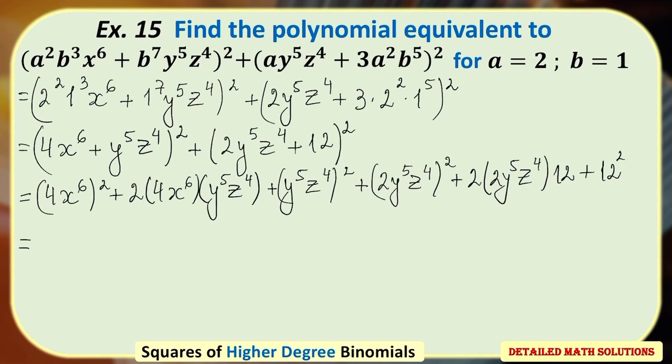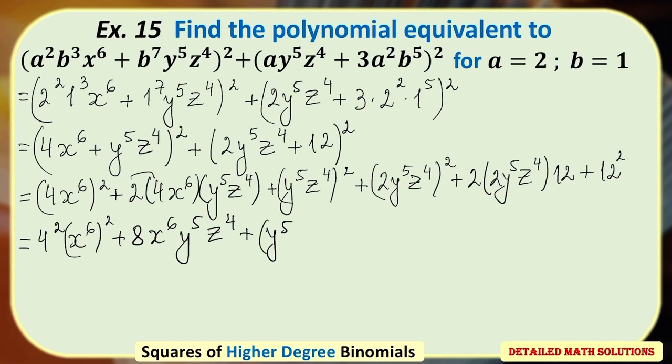When I apply the rules for exponents as a next step, I get 4 squared x to the 6th power, in parentheses squared, plus 2 times 4 is 8, x to the 6th, y to the 5th power, z to the 4th power, plus y to the 5th power, in parentheses, squared, multiplied by z to the 4th power, in parentheses, squared, plus 2 squared y to the 5th, in parentheses, squared, z to the 4th, in parentheses, squared,